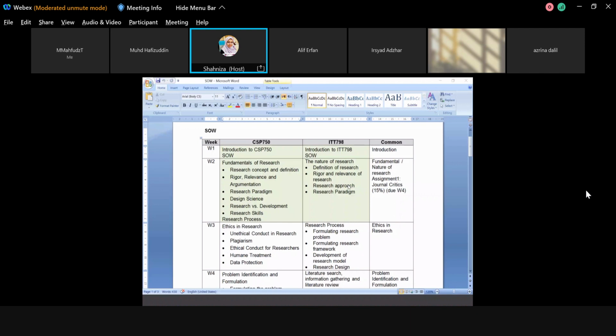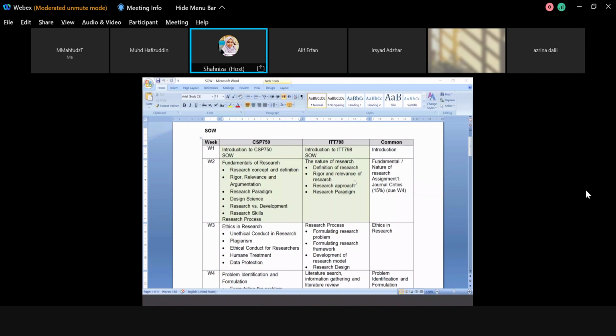So that's why I have to cari titik temu, and this will be quite a challenge for me untuk saya deliver and make sure it's the same thing that should be taught and delivered to both of you lah, okay, to these two programs. Alright, so saya akan commonkan dia, okay, cari titik temu tersebut, and then saya akan buat satu slide lain lah, okay, yang merangkumi kedua-dua topik ini.